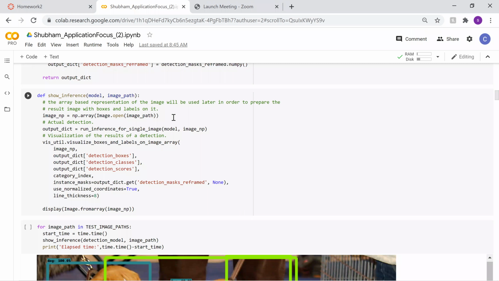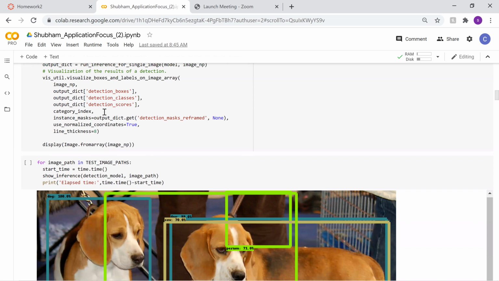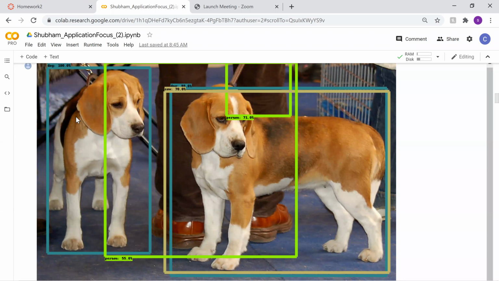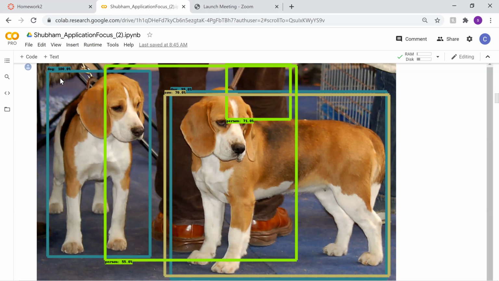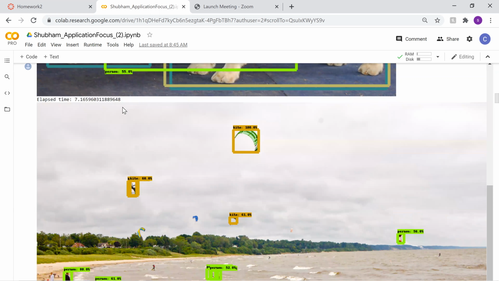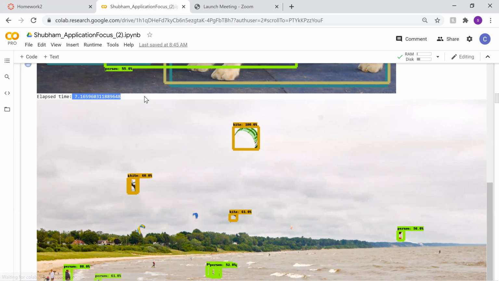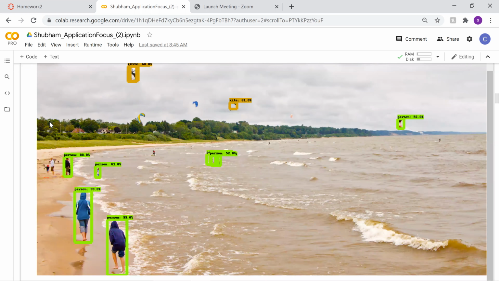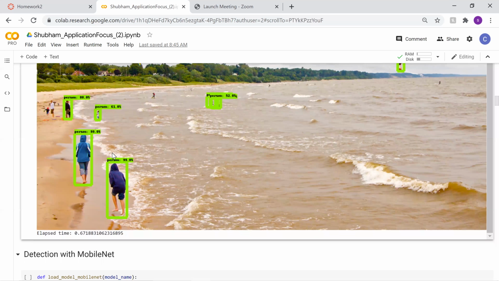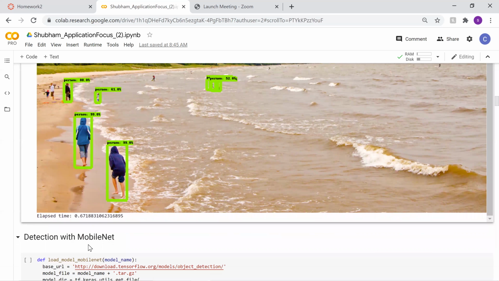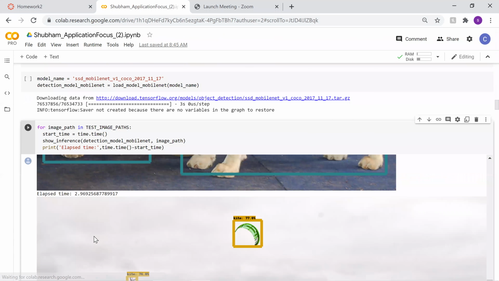This complete Colab is from the Professor, and it helped us incorporate the new model and add a TensorFlow accelerator with the help of TensorFlow RT. You can see this is the object detection with the bounding box and the accuracy given. As you can see, the time is 7.165. This is also the second test image. Again, we have also used the MobileNet detection